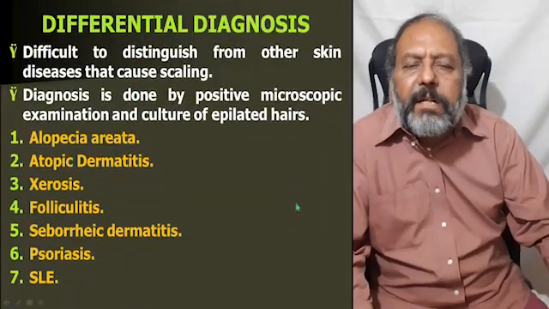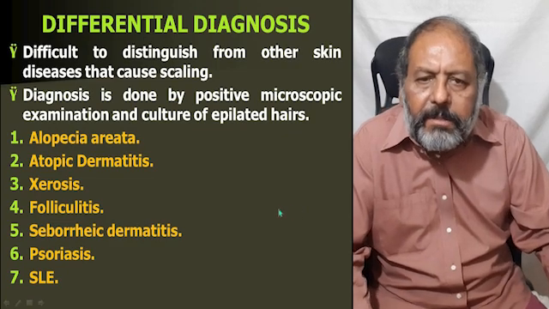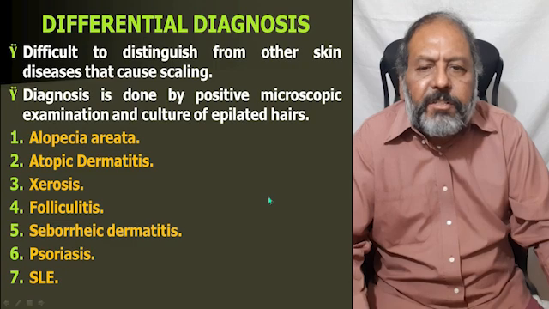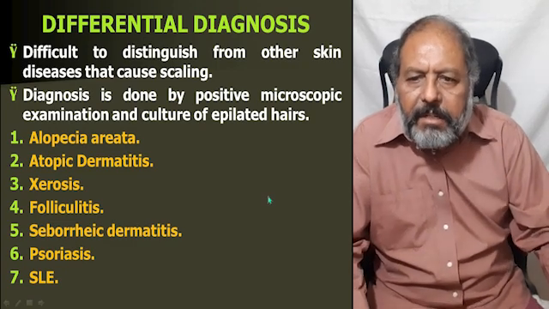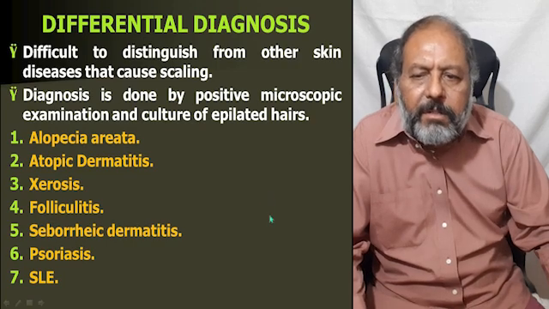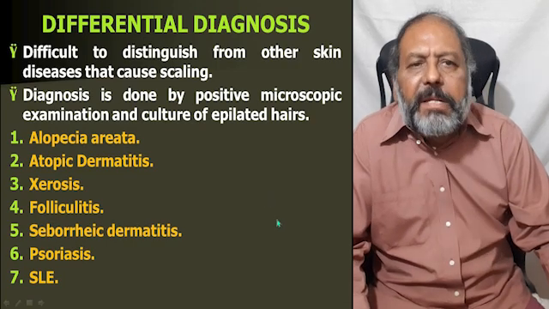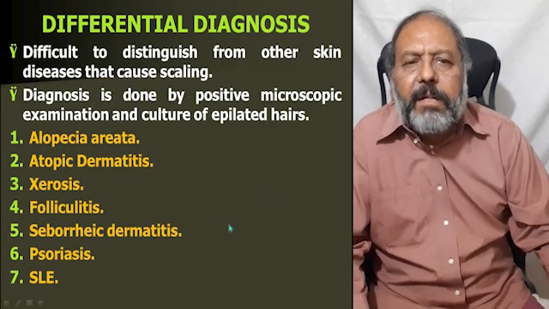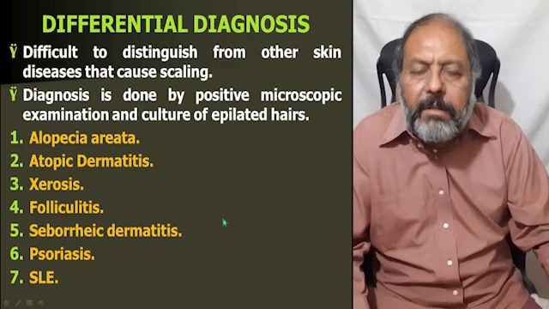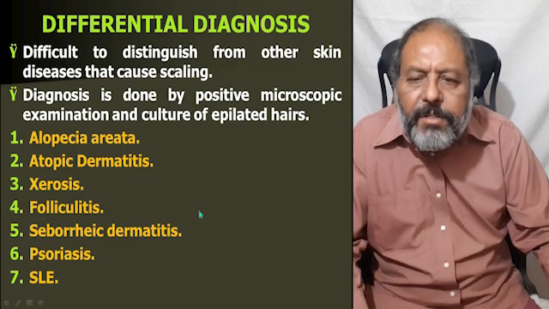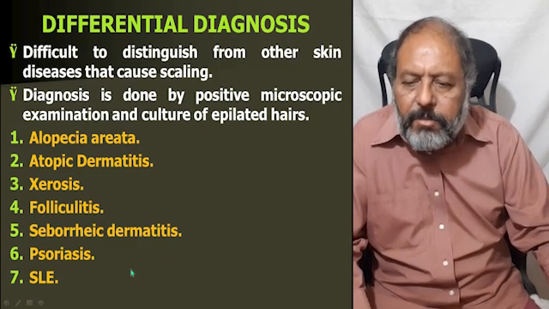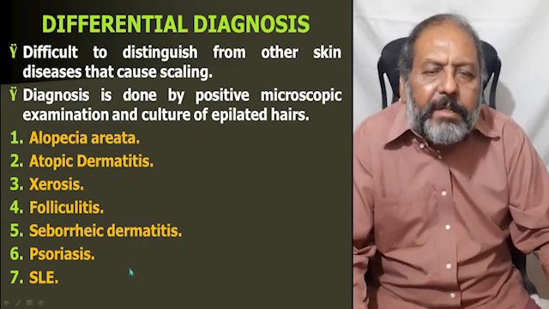Now, what are the differential diagnoses of Tinea capitis? As it is difficult to distinguish from the other skin diseases that cause scaling, the diagnosis is done by positive microscopic examination and the culture of the epilated hair. So, among the differential diagnoses, here comes alopecia areata, atopic dermatitis, xerosis, folliculitis, seborrheic dermatitis, psoriasis, and systemic lupus